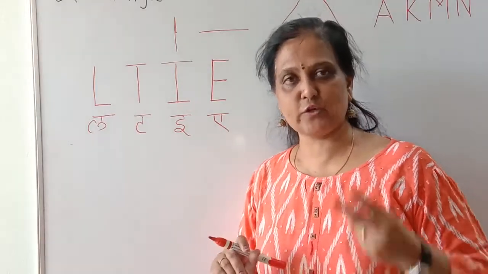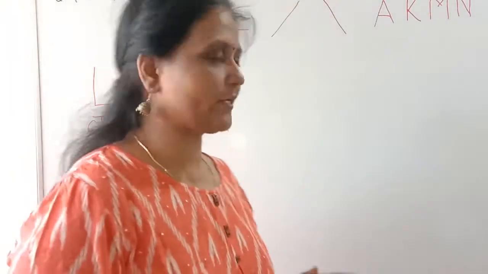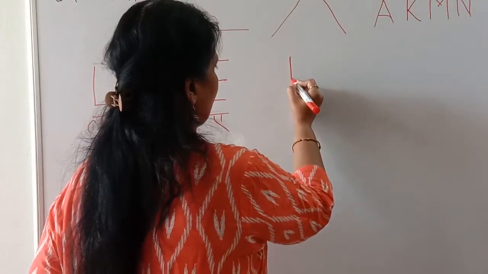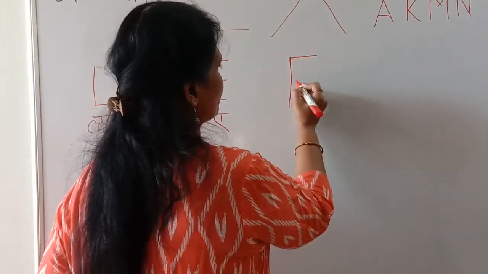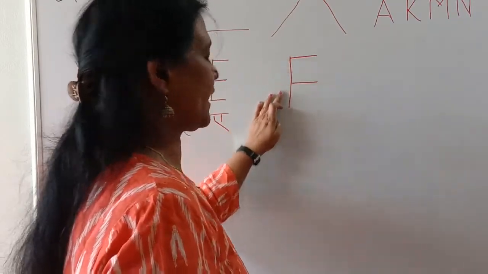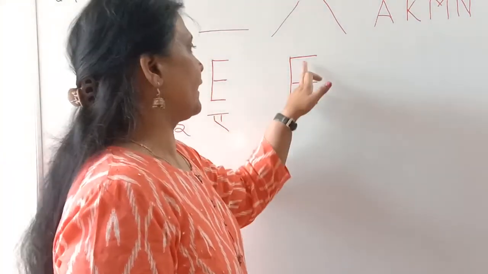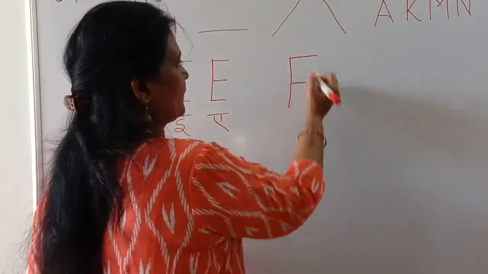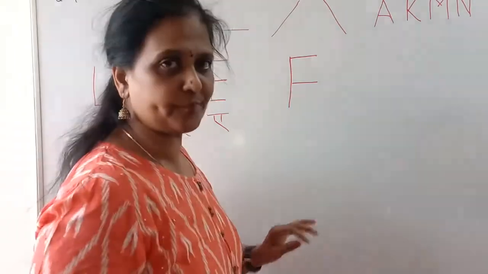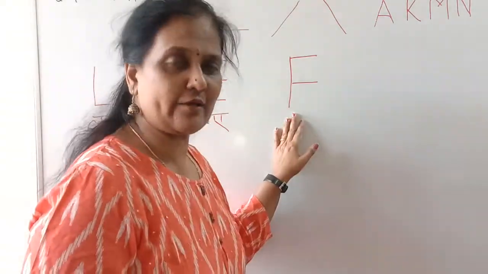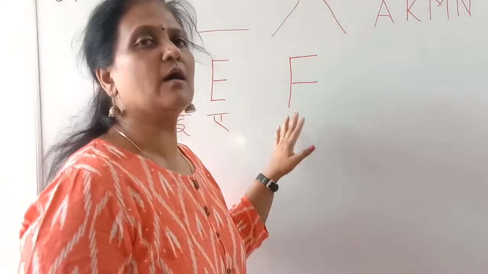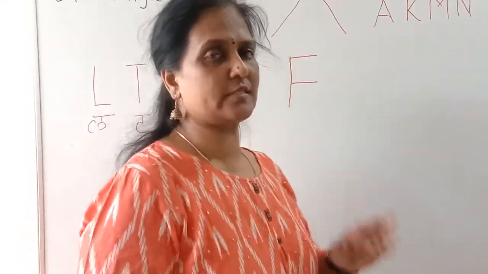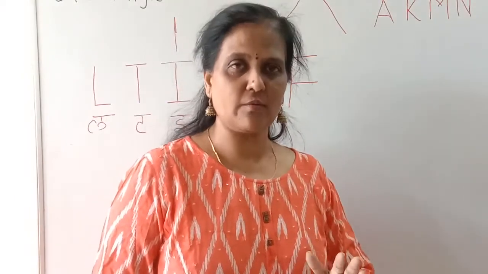Now I will teach you the remaining two letters which are related to the standing and sleeping line. The first is F. I draw F here first. I draw a standing line, then two sleeping lines. It becomes a letter F. F says F. The sound of F is F.